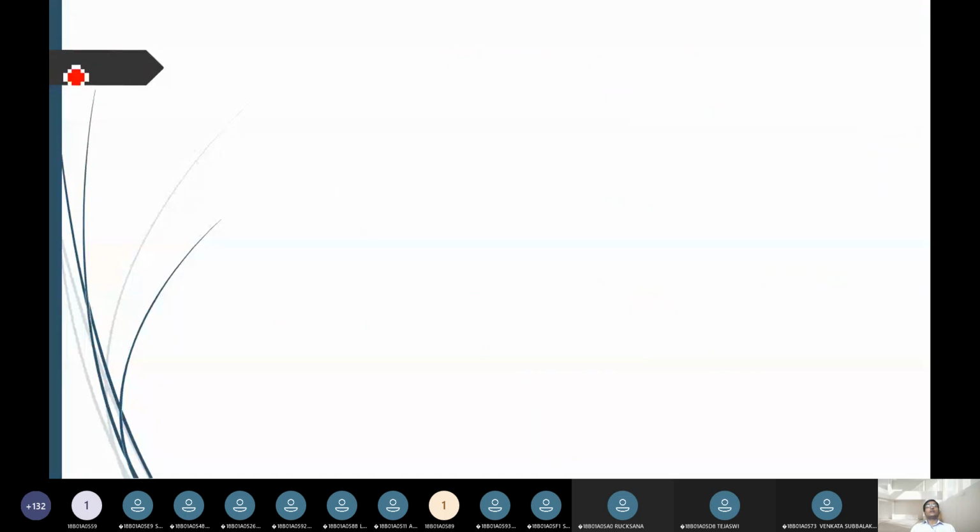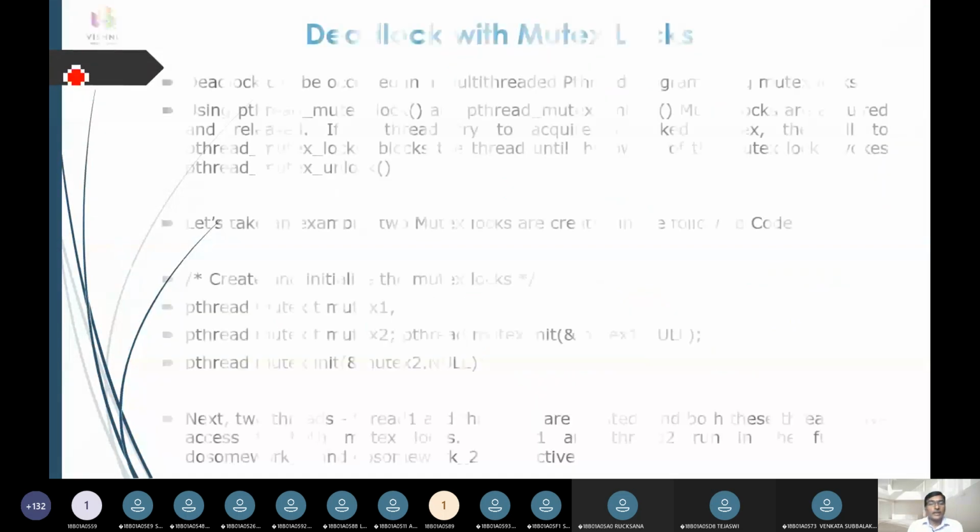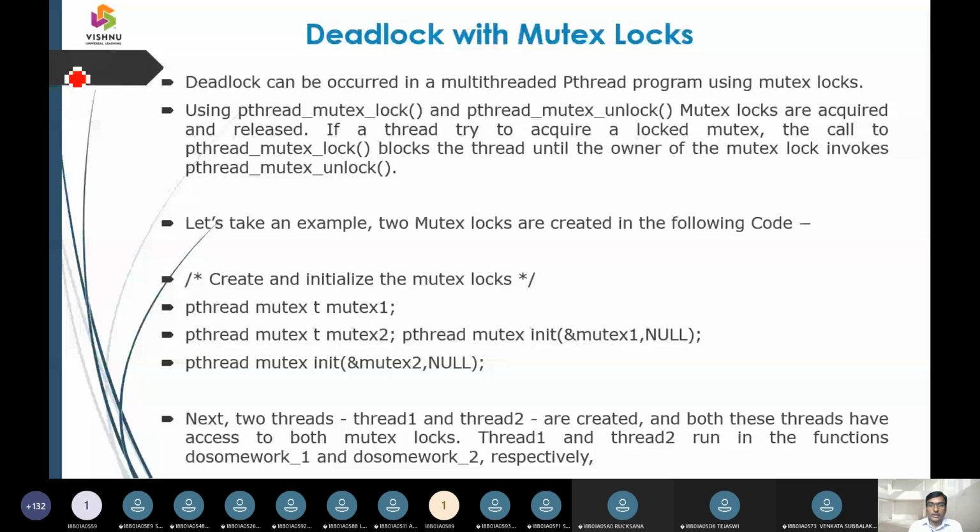Now the first characteristic is going to be illustrated here. You can see deadlock with mutual exclusion, the most critical thing. It works in a multi-thread environment. We have lightweight threads and heavyweight threads.